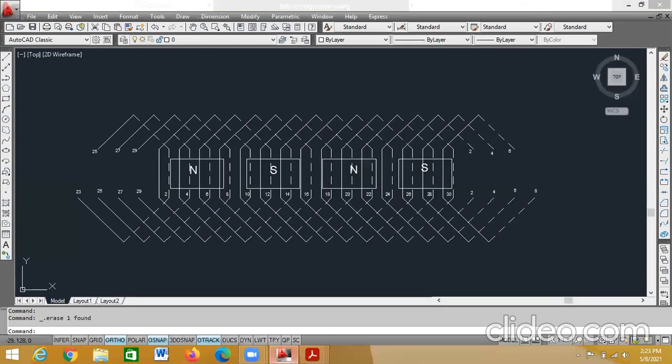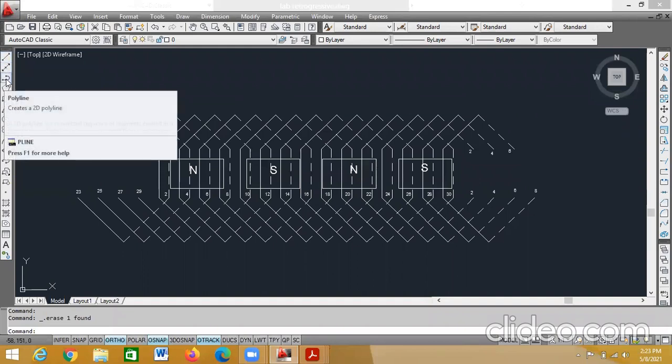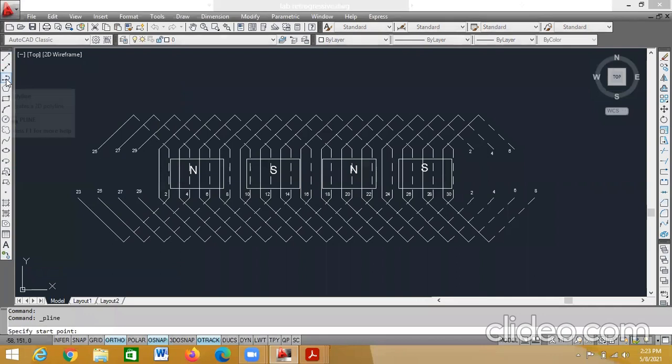So now, how to draw the arrow? Go to draw, and in draw, you go to polyline. Third option: draw line, construction line, polyline. Select draw polyline. It will ask start point.